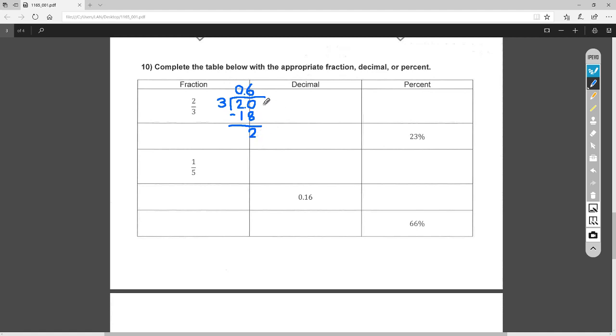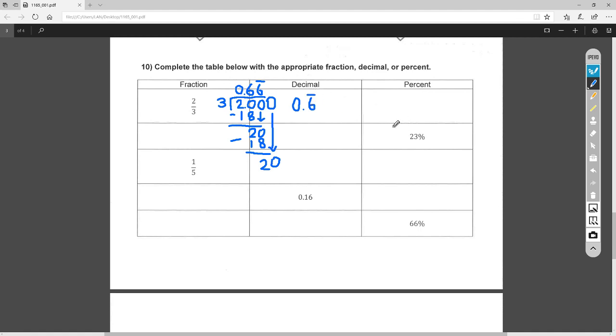So again, I'm going to take those 2 pieces and cut them up into 10 more pieces. That's where that 0 comes from. And you can see that it is a repeating decimal, right? We can check it a couple more times just to make sure. Okay, I see another 2. Okay, I see another 20. So you can already see this is a repeating decimal. So 2/3 as a decimal would be 0.6